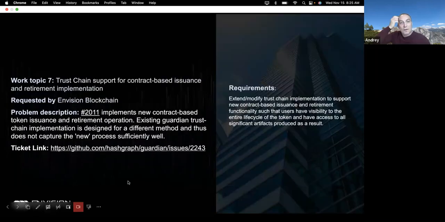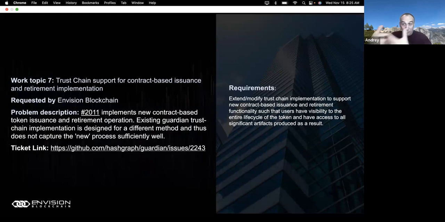Moving on to the next slide, please. Yes, so this workflow is a part of our long-term initiative to move as much functionality of Guardian as possible towards distributed computing or blockchain, Hedera Hashgraph, and its implementation of Solidity and EVM. So as much of computation and activity as possible is performed by smart contracts. So this is part of that, to do with the life cycle of the tokens.